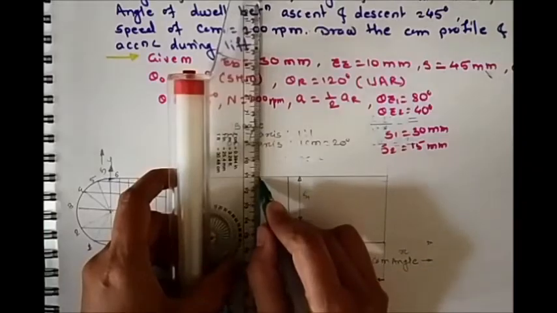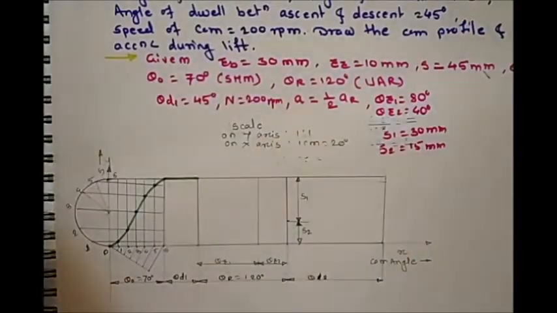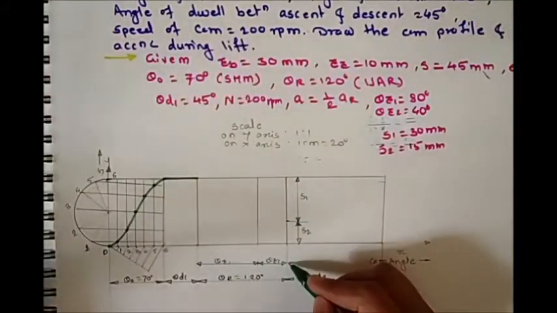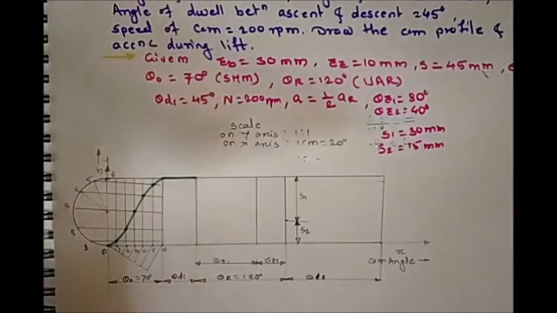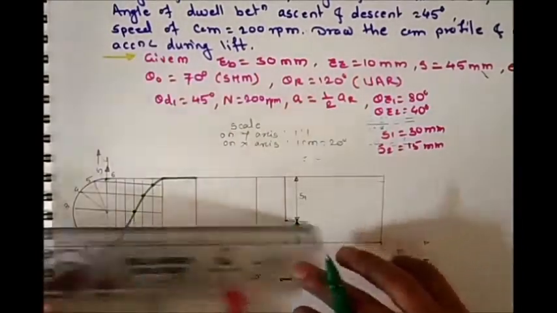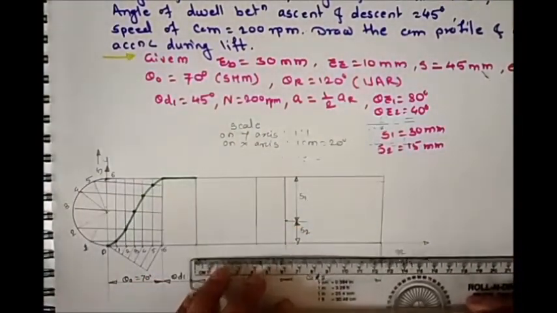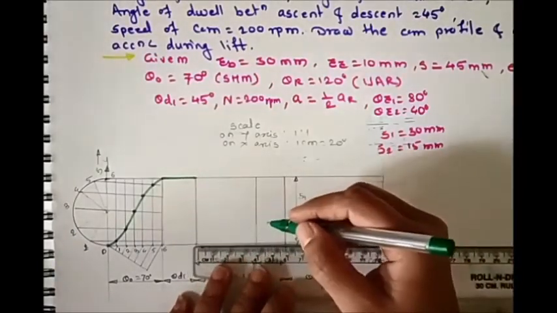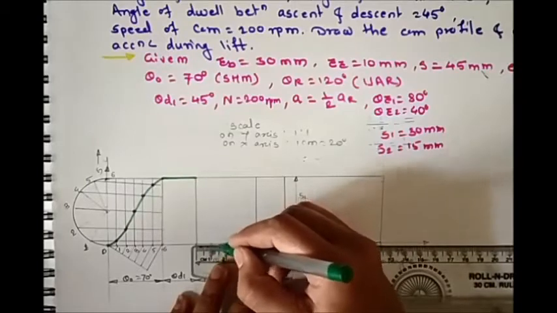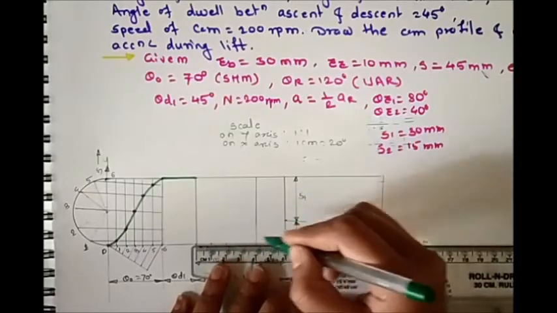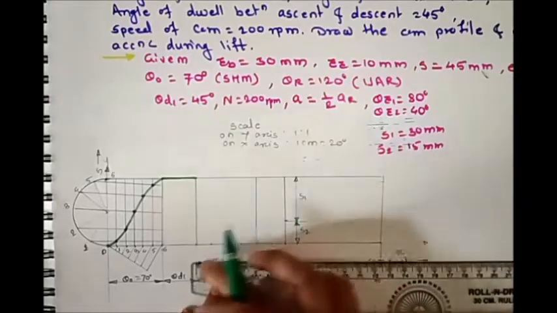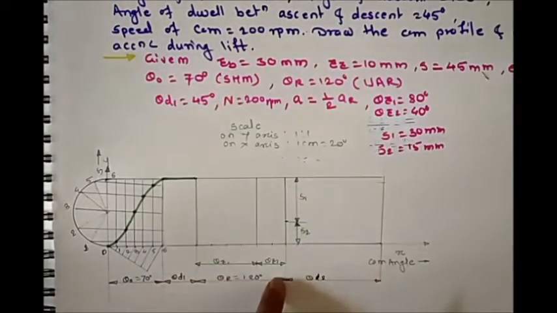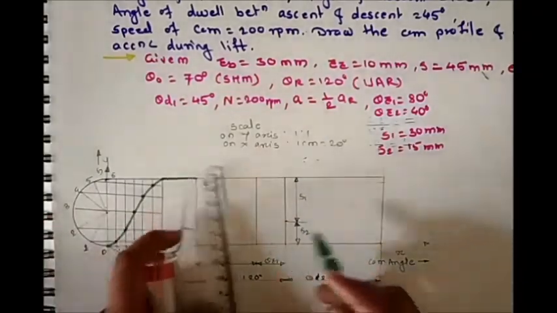and draw a line. Now here we are going to divide this outstroke and return stroke angle during the acceleration and during the deceleration with equal even number of parts. Now here we have 6 mm, so we are going to directly divide into 6 equal even number of parts. So here we have the 4 divisions in acceleration and 2 divisions in deceleration. Similarly, for stroke length